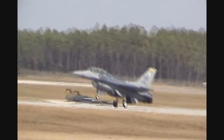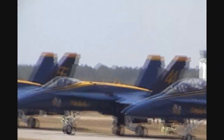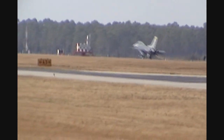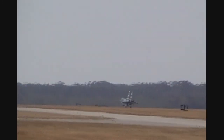Major Congdon, Thor, touching down, keeping the nose wheel off the ground. Lauderback from Stallion 51, located over near Orlando, Florida, for